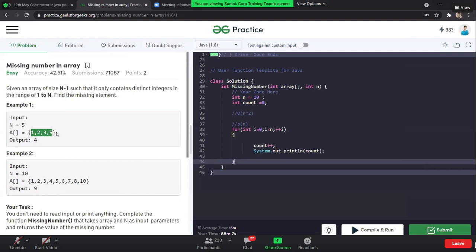Okay, if you find the average, we will get the missing one. 5 plus 3, 8, 8 plus 2, 10, 10 plus 1, 11, 11 by 4. Is that what you mean?